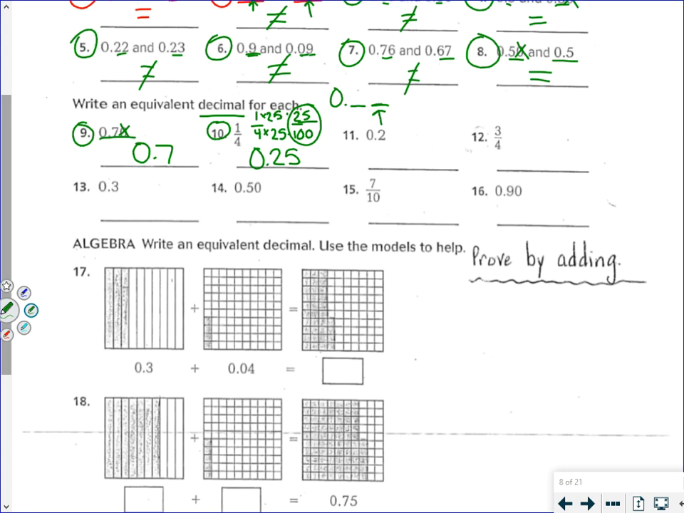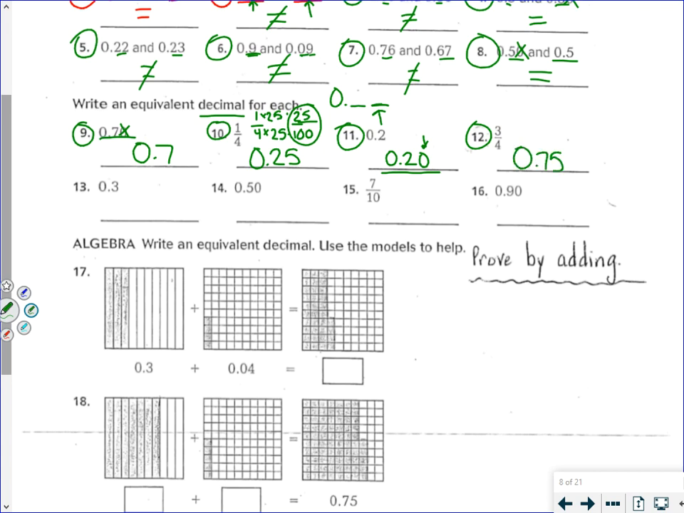Okay. So now try 11 and 12 by yourself. Pause the video. Okay. So we have 0.2. So 2/10. We could just add a 0. That'll be fine too. It's still equal, but we don't need it. We can still have it, but we don't need the 0. 3/4 is going to be